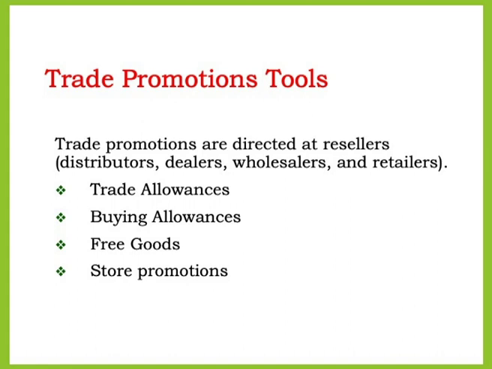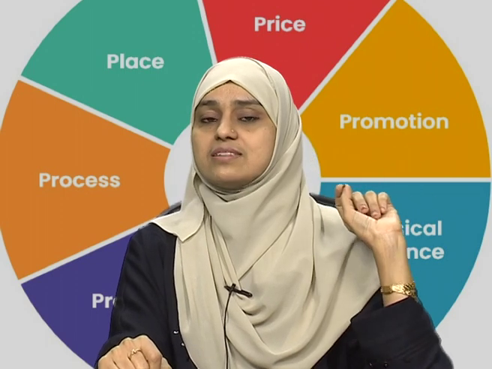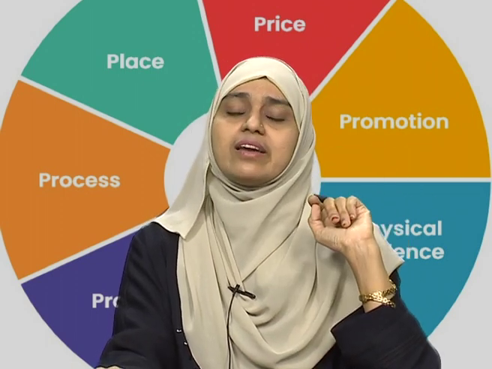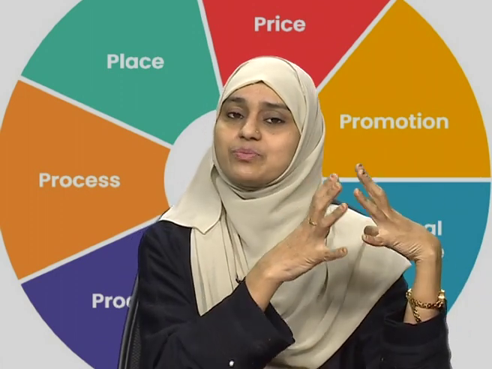The second type of incentives are the ones given to your middlemen, that is your dealer, distributor, wholesaler, retailer. To all of them it is being given. These are given so that they can push the sales to the consumer. For example, the dealer can get trade allowances, free goods, and promotions of their store. You see most of the shops also have boards written along with the company's name. So the company is promoting their shop along with promoting their products. So you've got all these promotion tools.